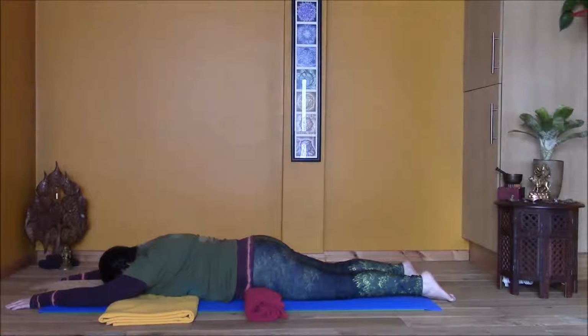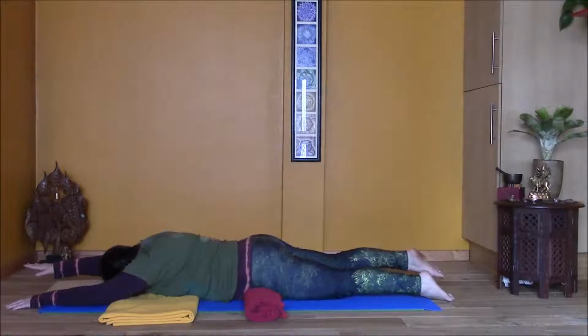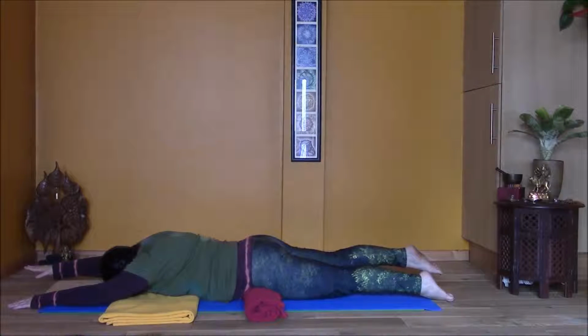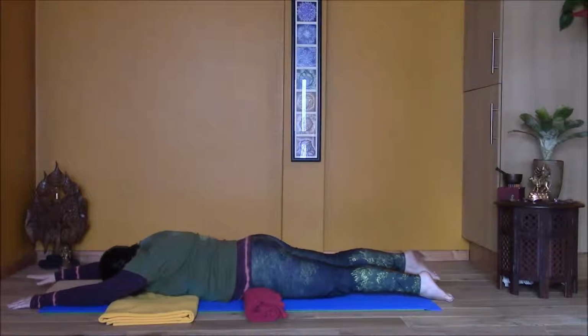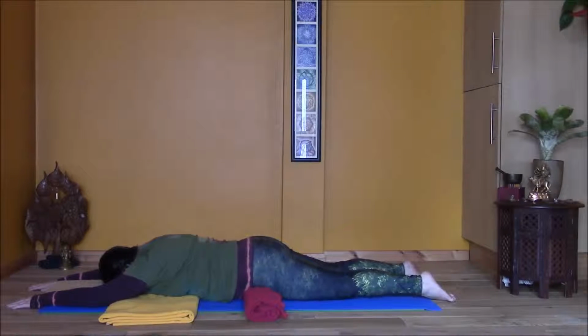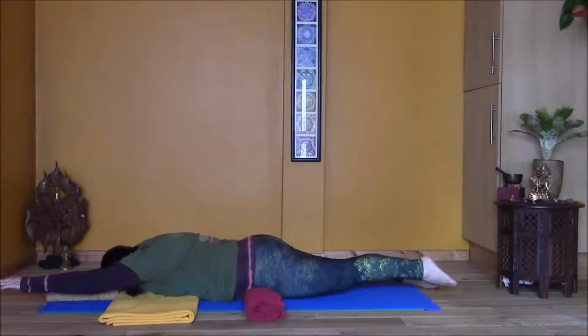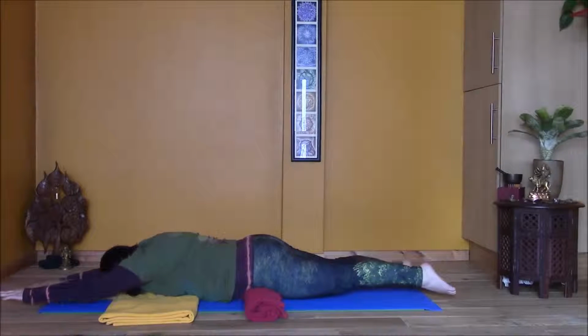Awareness now to the right arm and right leg. Take a breath in. As you breathe out, tailbone down, raise the limbs up, and you're thinking length, not height. I can go higher, but I want to stay low to the ground. And we're holding 5, 4, 3, 2, 1, and on an exhale, releasing. Tailbone down, left side, inhale. On an exhale, engage the left buttock, raise the left arm and left leg up and hold. 5, 4, 3, 2, 1, and on an exhale,